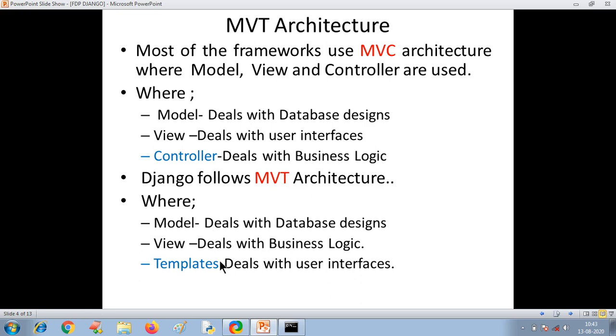When you install Django, you will get these three things: model.py, view.py, and one folder. You need to maintain one folder called templates to hold all your HTML files. So these three things are there in your Django architecture. You'll come to know once you install the Django software.